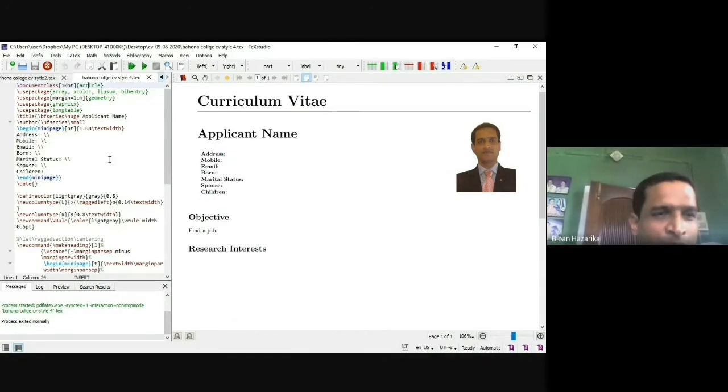It is shown. Okay. So here it is the minipage. I make another command: begin minipage, end minipage. So here you have seen these things in the minipage. This is a small page we have made. In this minipage, we can write your address here, then your mobile number, email address, and when you were born. Other things we can add.